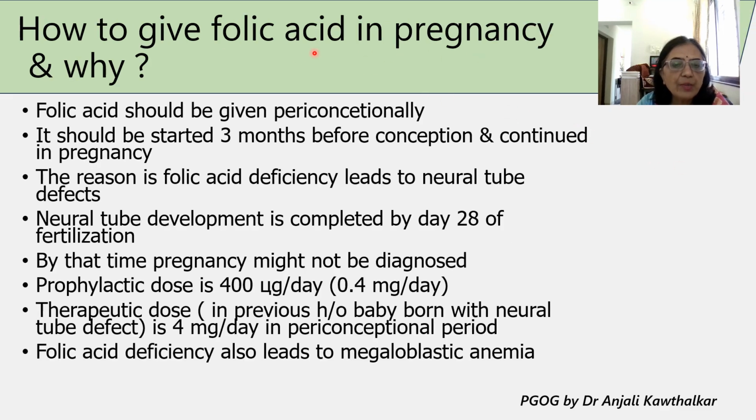How to give folic acid in pregnancy and why we need to give folic acid in pregnancy. Folic acid should be given peri-conceptionally. It should be started 3 months before conception and then it is continued throughout pregnancy. Reason is folic acid deficiency leads to neural tube defects, and neural tube development is completed by day 28 of